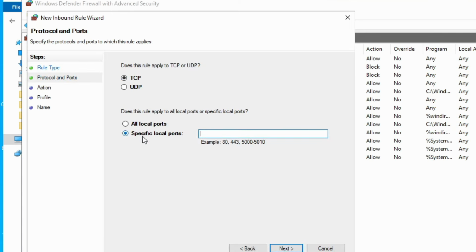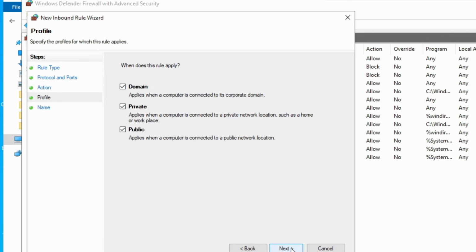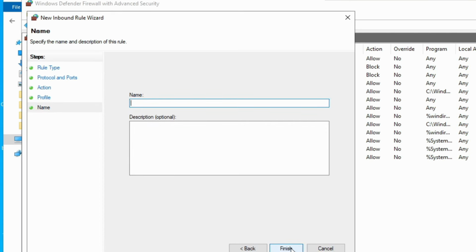These are TCP specific local ports. Let's put only the 25 for the moment. I allow the connection every time, and the name is mail server.